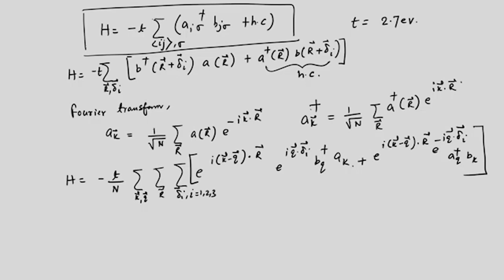But now notice one thing, that the definition of the Kronecker delta, which is usually written as delta k q, is equal to 1 by N summation over r of exponential (k minus q) dot r. Okay. So, you see that there is a sum over r, and then there are these exponential factors, and these exponential factors will give you nothing but just the Kronecker delta, which means that it will make k and q the same, and with that what one gets is the following. So, the Hamiltonian is written as